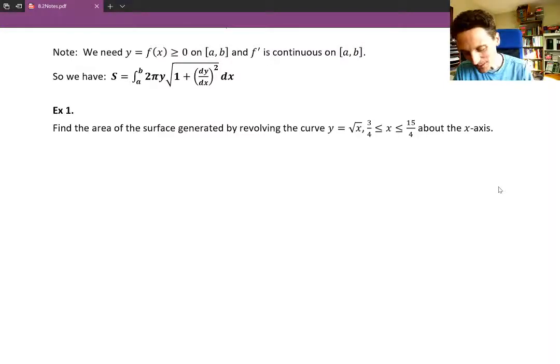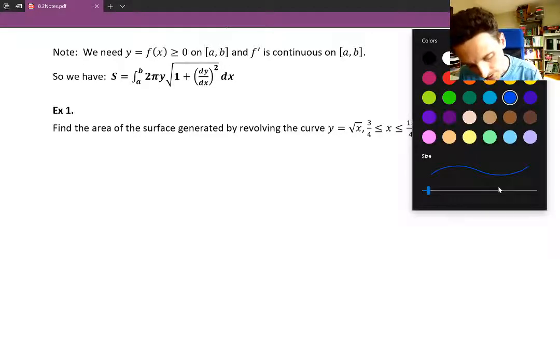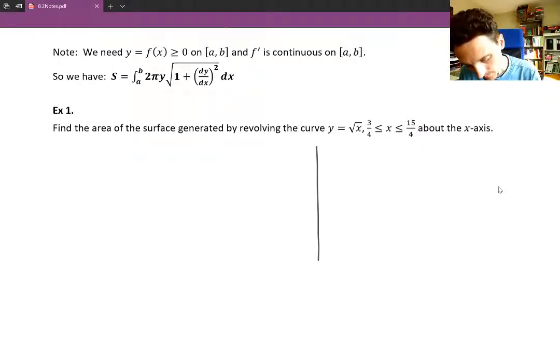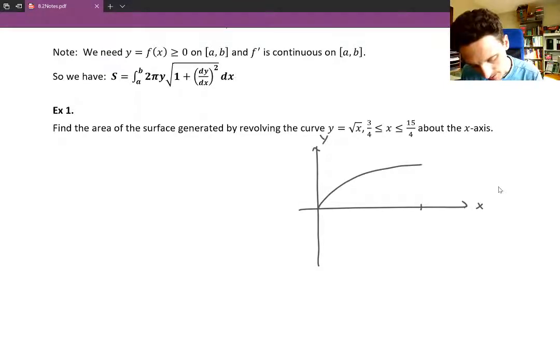Okay, so example 1 says find the area of the surface generated by revolving the curve y equals the square root of x from x going from 3/4 to 15/4. I'm just going to draw a little picture of what's going on here. We're going to draw the square root function in the xy plane. This goes out to